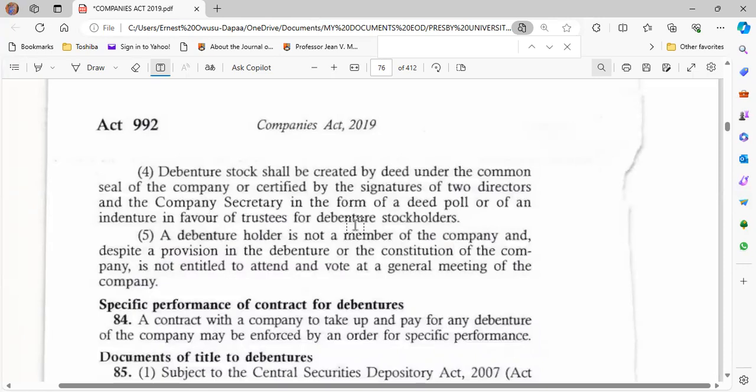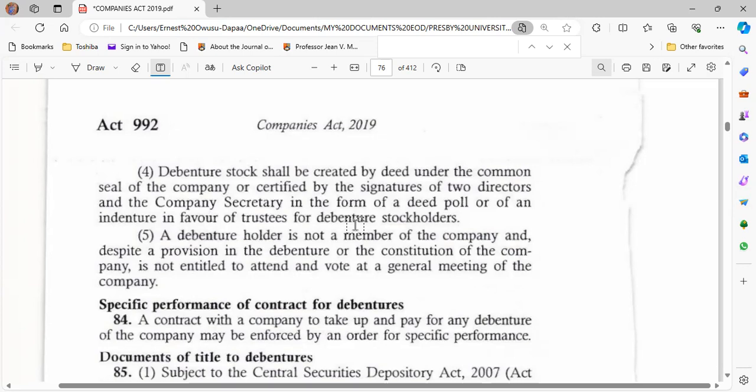And that is why we are told that either it has a seal of the company, or if you are not using the seal of the company, it must have a certified signature of two directors and then the company secretary. And mind you, it talks about certified by the signatures. So you have the top officials of the entity saying that yes, we acknowledge that this company has actually taken so much from this person or that person on this day or on that day at this rate and so on.